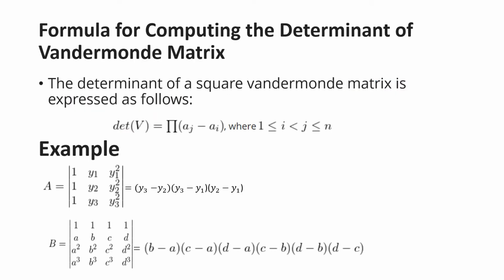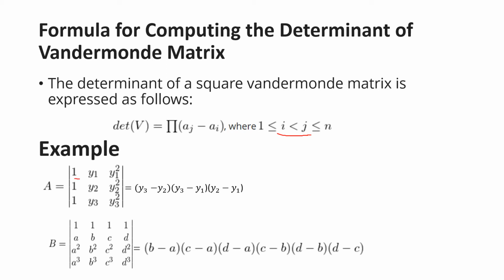Again, we have one shortcut formula for computing the determinant for these kind of matrices. This is the product of aj minus ai. Earlier we were having a0 plus b omega plus c omega square, like that. Here we have to take the product of aj minus ai's. Again we have brackets and this j is the next element. That means j is greater than i. These are the positions basically.